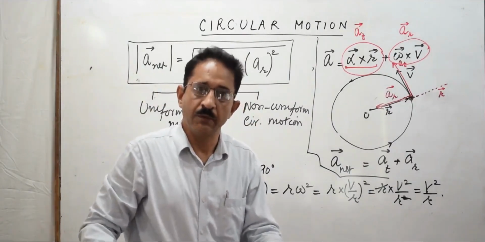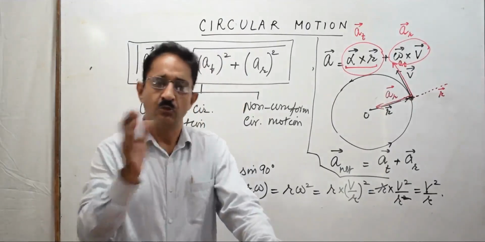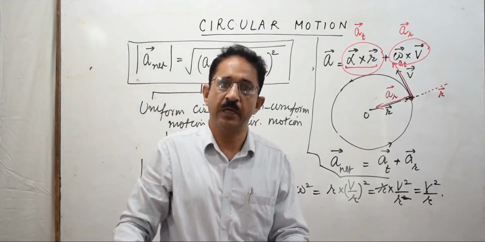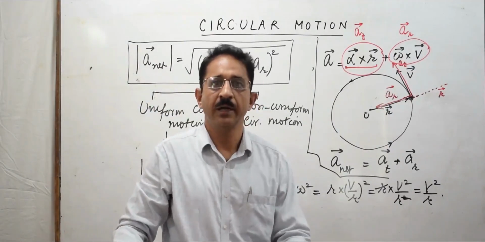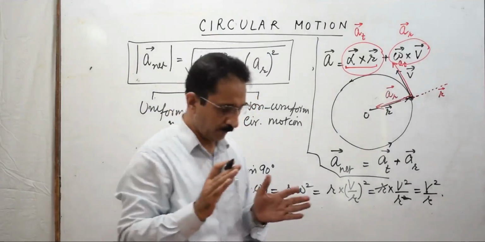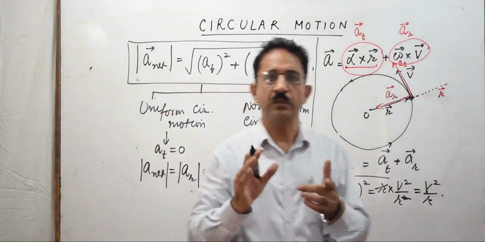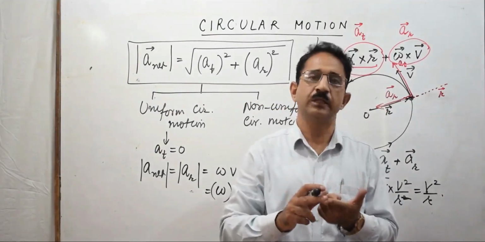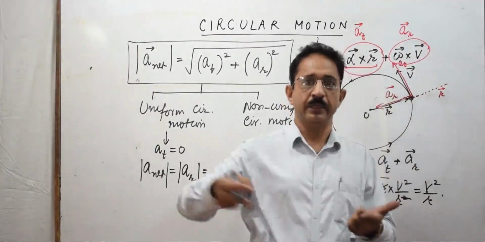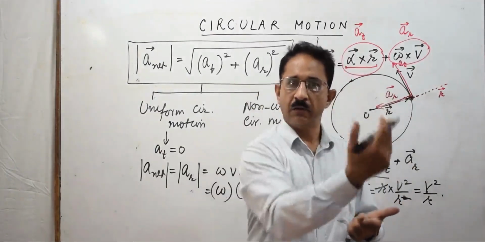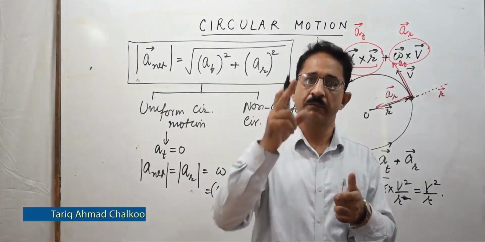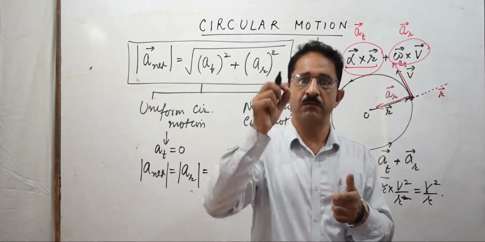So this way we have distinguished between two very important aspects of circular motion, which is that circular motion could be a uniform circular motion or a non-uniform circular motion. So in this lecture so far, we have seen what circular motion is. It is actually a motion in a plane. What is required in the plane? We require to move a body along a circular path in a horizontal circle such that its distance always remains constant from a fixed point called the center of the path.